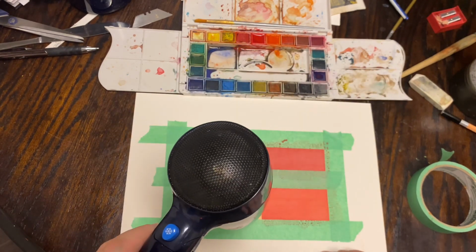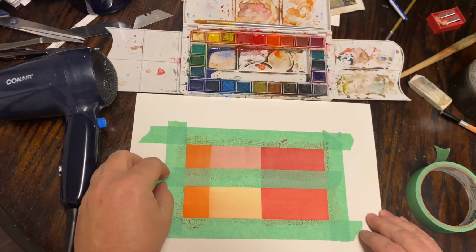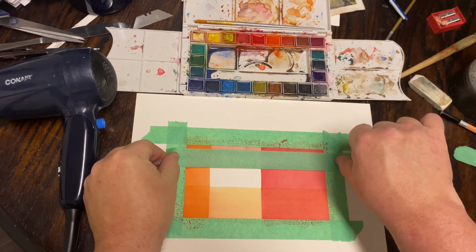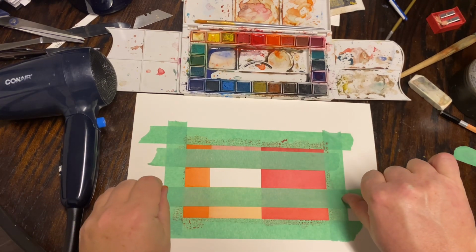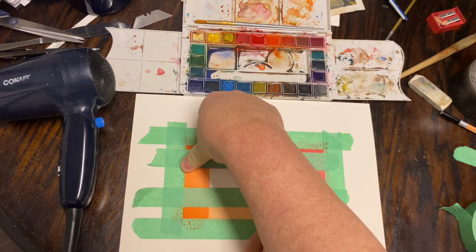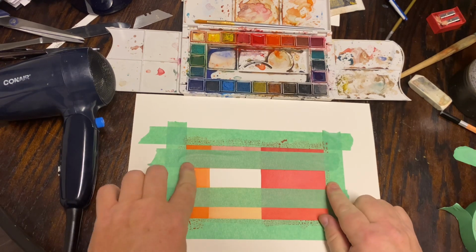And make sure it's good and dry. That's really important. Give it a little touch test, and then peel the tape off. Look at the magic starting to happen. I'm going to put some fresh tape down for each one of these, what we call masking. Because fresh tape, it'll stick really nice, and that'll make sure that the paint doesn't kind of bleed underneath the edge. Well, it still might bleed a little bit, but remember, this is art,